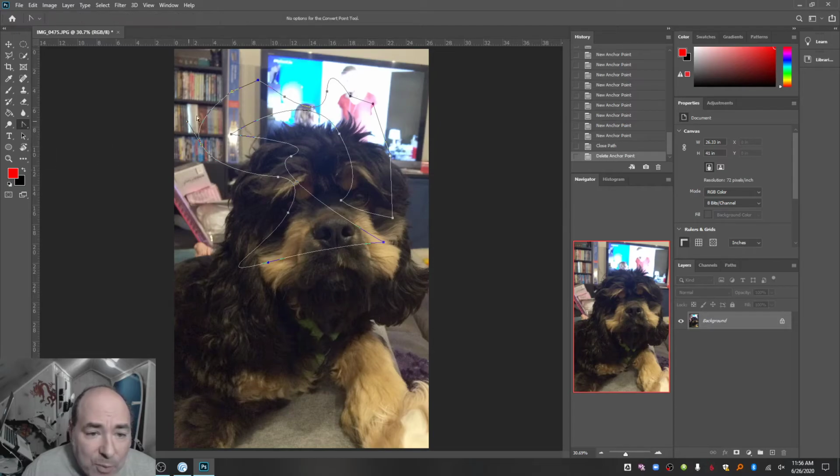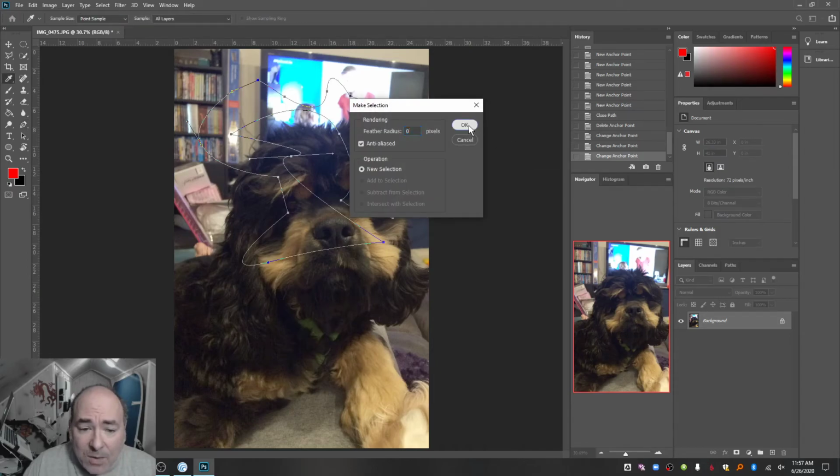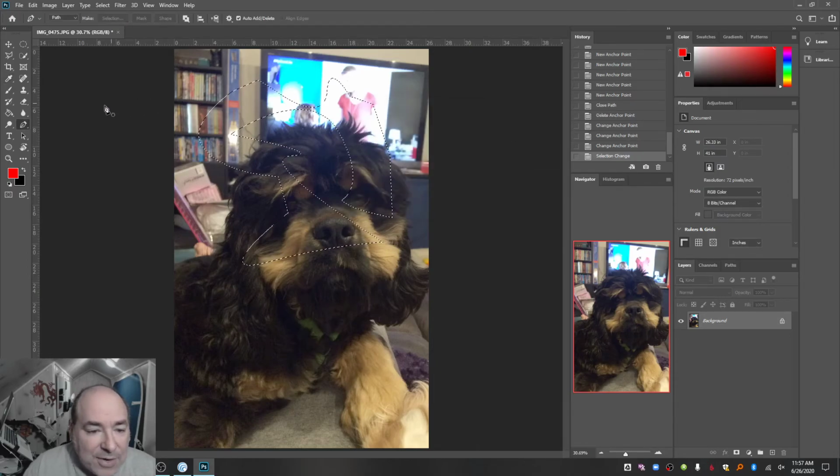If I do convert point tool, this will turn this into a straight line. So you've got this idea of a curve or a straight line. So if I don't want this part to be curved, I can make that into a straight line again. Or I can make it into a curve again. So much fun. Pen tool is a neat tool to play with, and when I do, I convert to a selection, and now, beautiful. I've got this very custom smooth selection, which I can come in here and do what I'm on the wrong